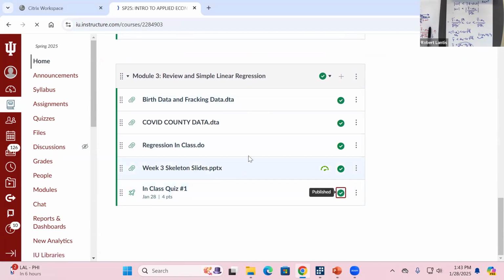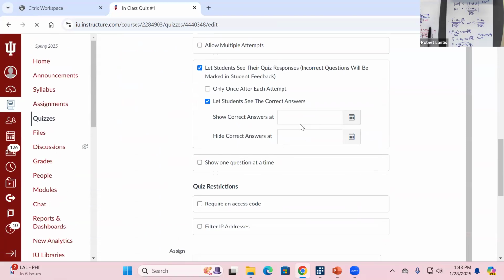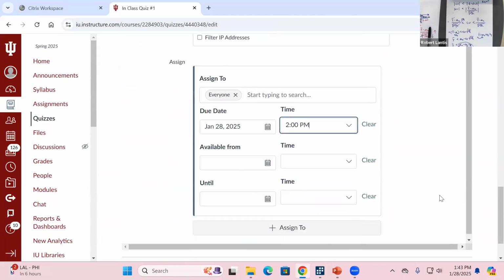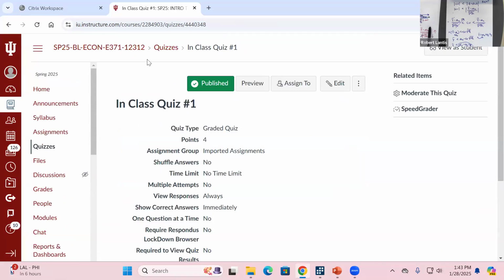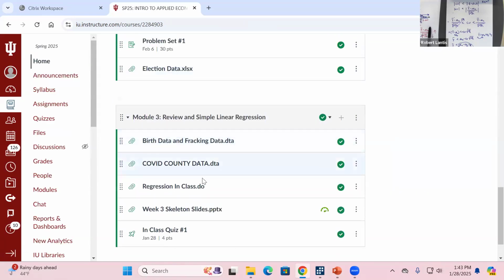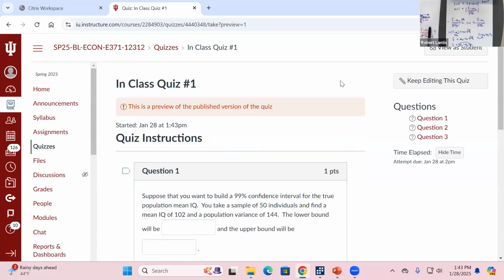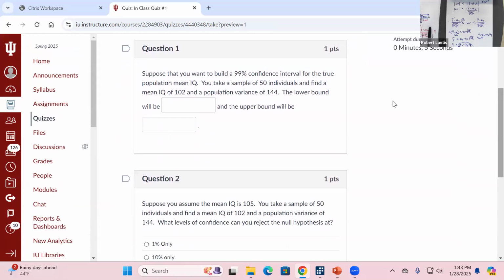And actually don't open it yet because I think I had the timing set on it not to be the end of class. I thought we might get to it earlier, but I always overestimate. So we'll have this set to be the end of class, okay? So it should be open and available on the main homepage of Canvas now. The in-class quiz 1. We'll open it up. We'll preview it. I kind of had it set for last week, so we probably even talked more than what we would need